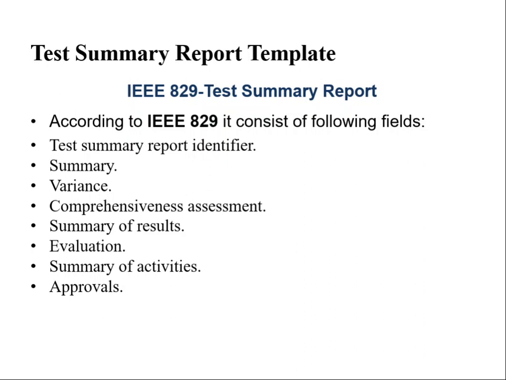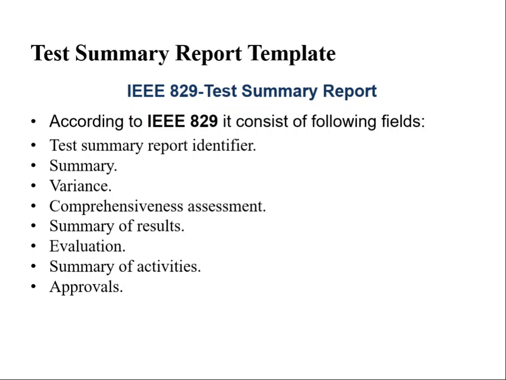Additionally, you can also include a detailed reference to the steps the tester took to ensure successful and efficient testing. The next field is test summary result. Summary of result. It can provide a summary of the output and results of the testing process. It also includes a summary of all types of defects.